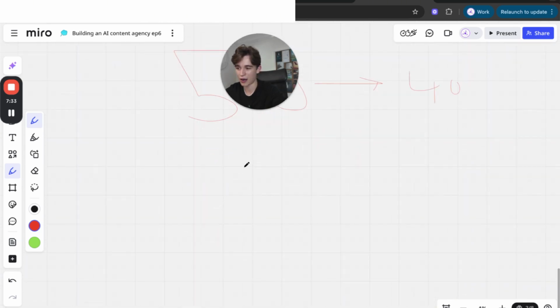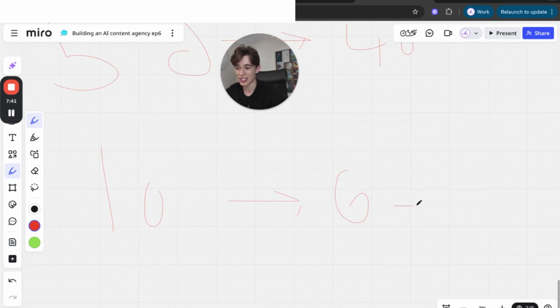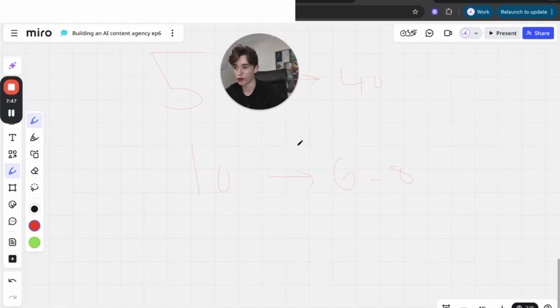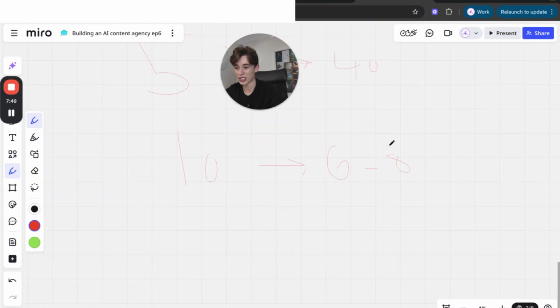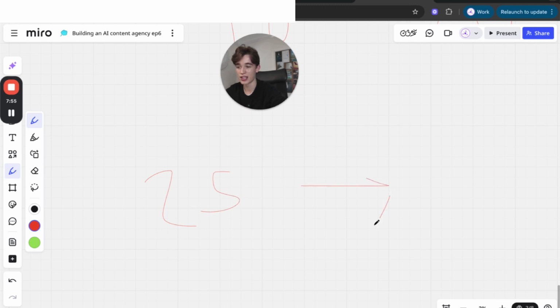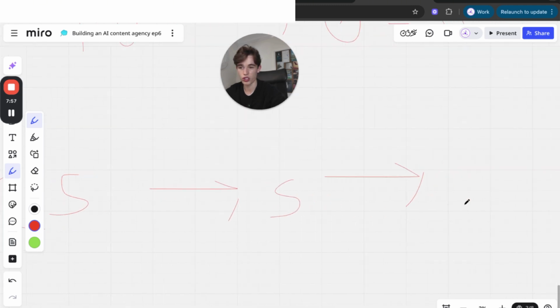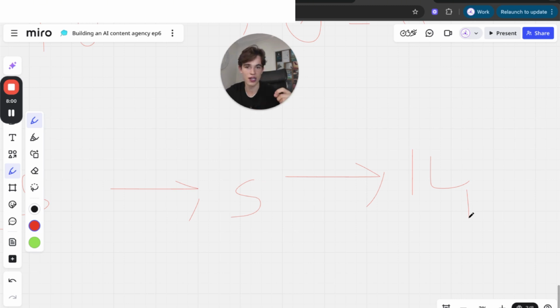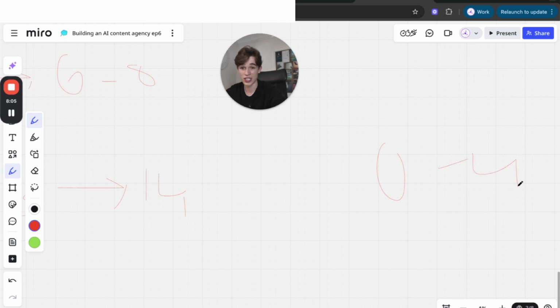Next, we have DMs per hour. The max DMs you can send per hour is 10, but in my opinion, that is too many. I would stick to around 6 to 8 DMs per hour. And if you've never sent DMs from your account before you send out 40 messages, I want you to start off on 25 messages per day, sending 5 an hour, for the next 14 days, just so you can let your account warm up. Otherwise, if you go from 0 DMs to 40 a day, Instagram is going to freak out and be like, whoa, are you a robot or something, and ban you. So you want to slowly warm it up.